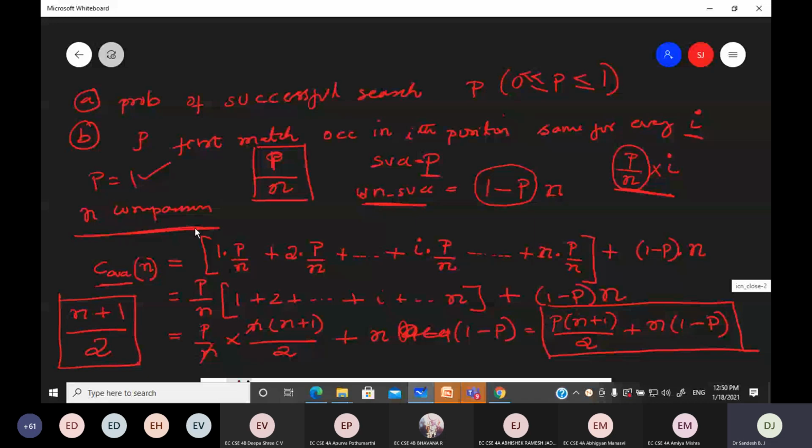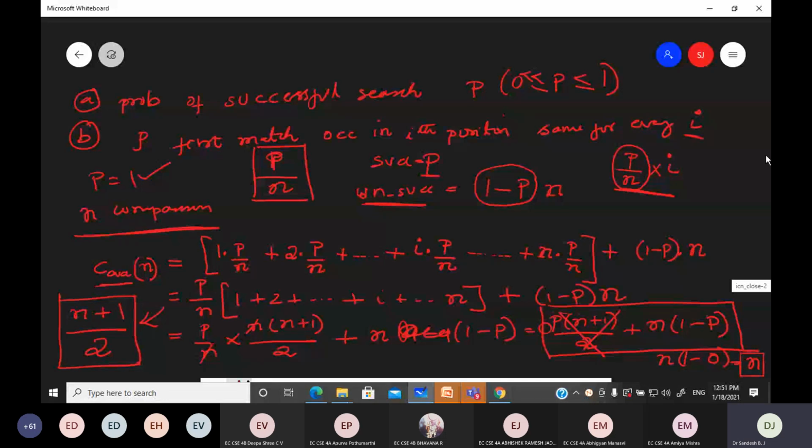If the probability of successful search is 0, then you substitute 0 here, p. So this term will cancel out, right? So n into 1 minus 0 will give you the probability of unsuccessful search, right, which is n, or it is n plus 1 by 2. Almost half of the array on an average your linear search is going to search to find if an element exists in the array. So this is the framework which we are looking at too.